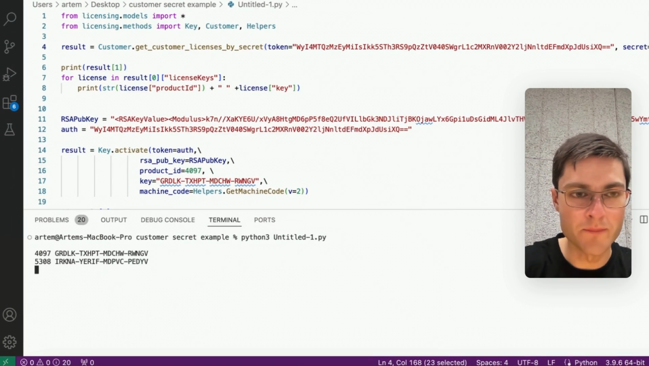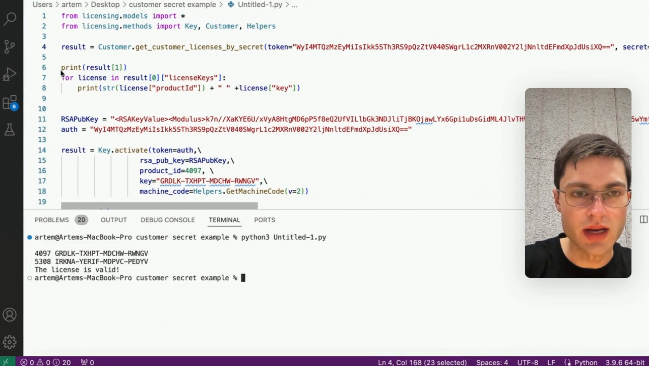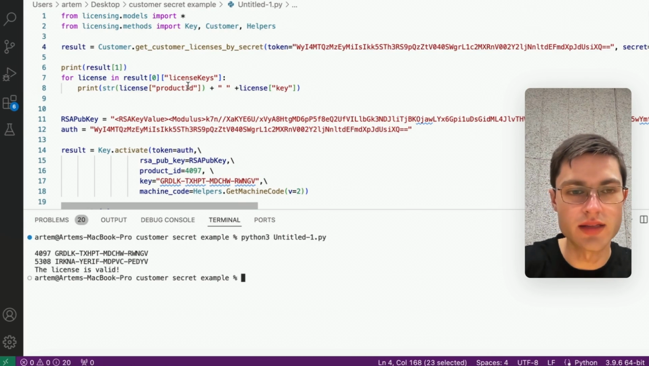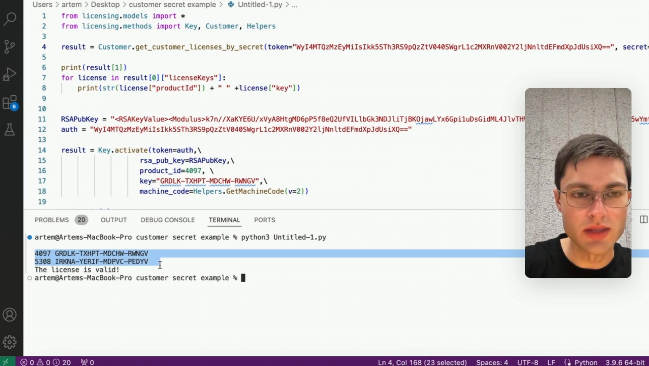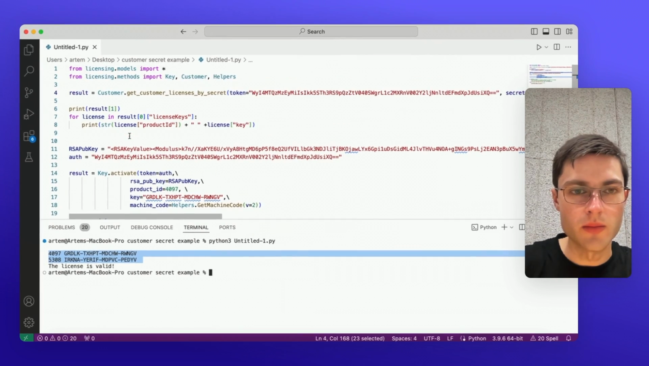So let's see what happens if we compile this. As you can see, first I iterate through all the licenses that they have, and I also check which product ID it has. In this case, we see all the product IDs, as well as the license key string. Now, once we've done that,